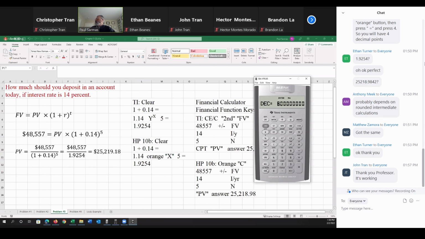Okay, 8. That's good. If I take that, I'm increasing the decimal point, so I don't do rounding very much. So instead of 1.9254, this, I want